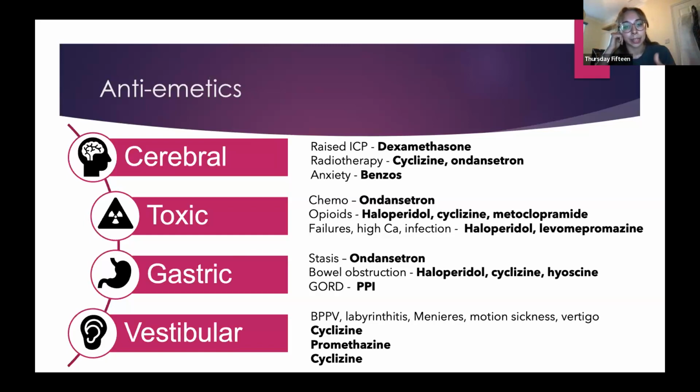Make sure you're prescribing antiemetics regularly, as well as a second line PRN. Oral routes may be ineffective if the patient's vomiting, so think about subcut or IV antiemetics. Ondansetron and cyclizine are really easy to give IV because the dose conversion is the same. I think prochlorperazine you can give IM, so there's lots of different routes we can use. You need to make sure that we're considering disease specific precautions, so particularly Parkinson's, we're not going to give haloperidol. The QTc, we're not going to give things that prolong the QTc.